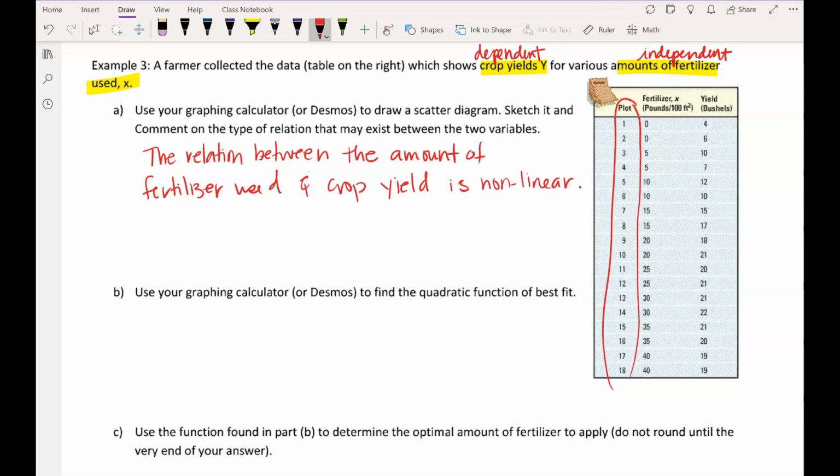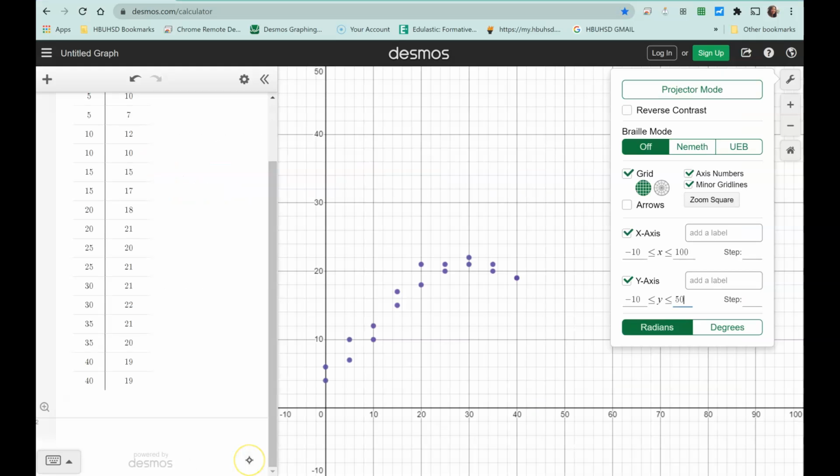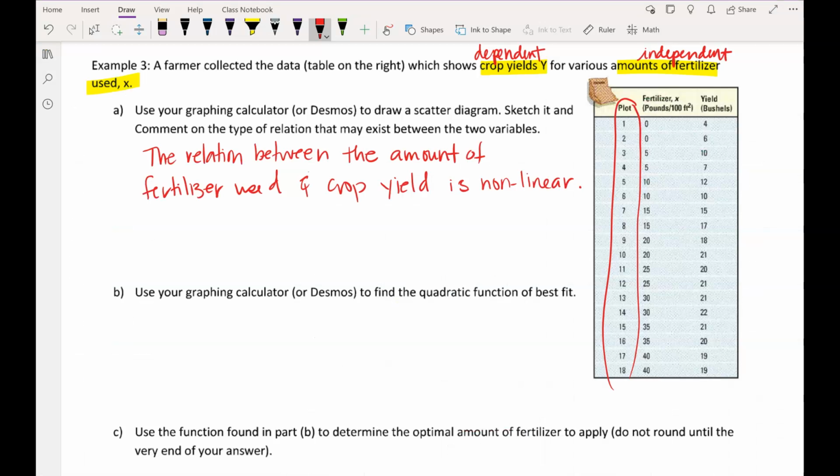Now, if you guys want to, you can even say quadratic, because that's sort of the shape that we can see right here. So we can even go back and put in parentheses,